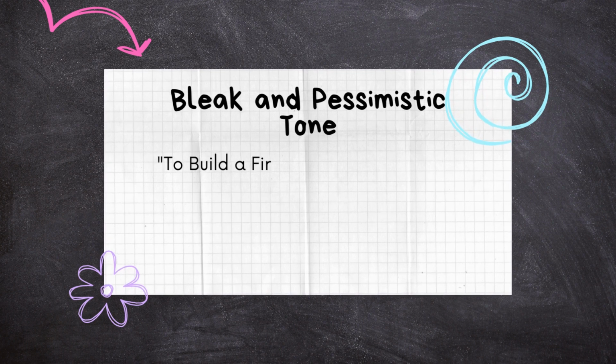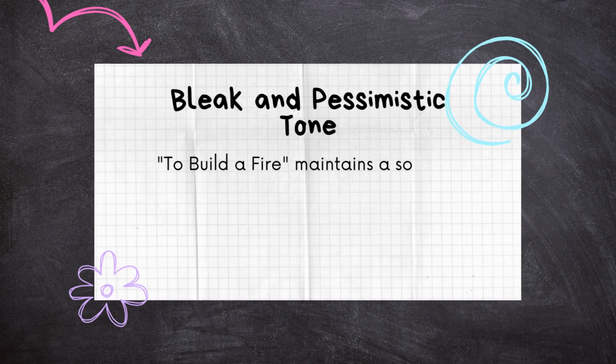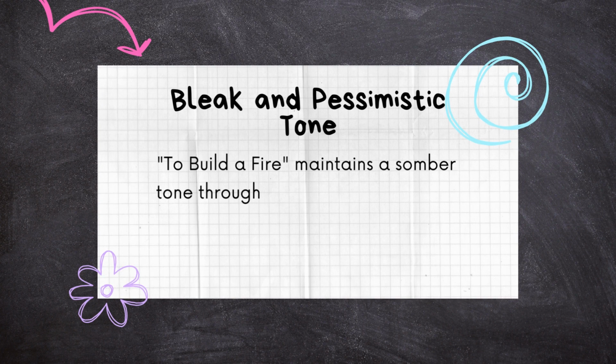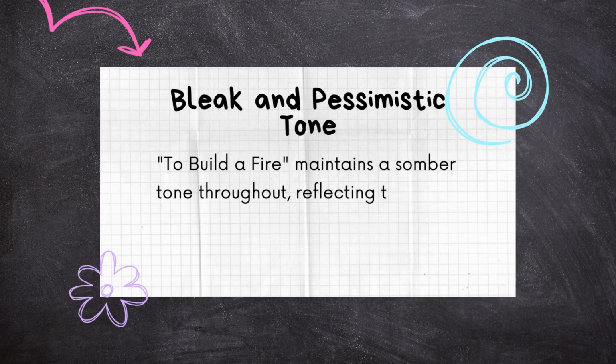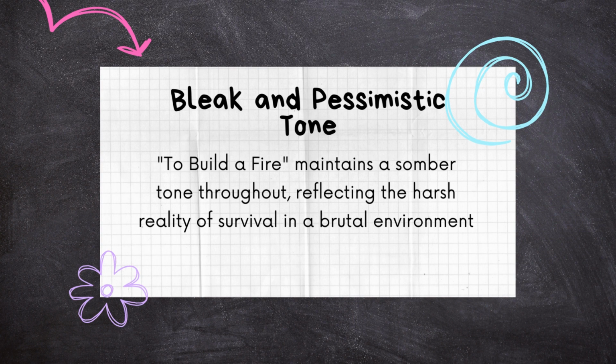Last one is bleak and pessimistic tone. Naturalism often conveys a sense of bleakness and pessimism about human existence. To Build a Fire maintains a somber tone throughout, reflecting the harsh reality of survival in the brutal environment. The story's ending with the man's coming to the cold and the harshness of nature reinforce the pessimistic outlook of